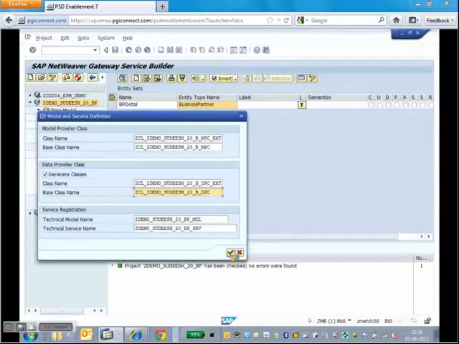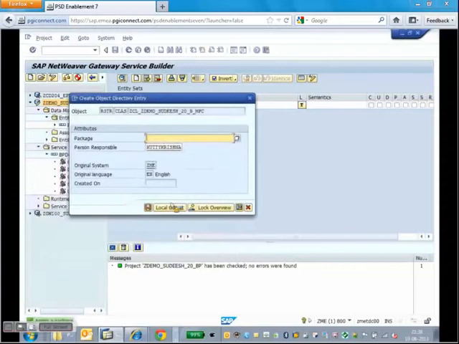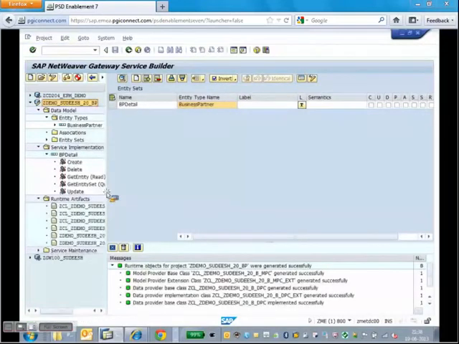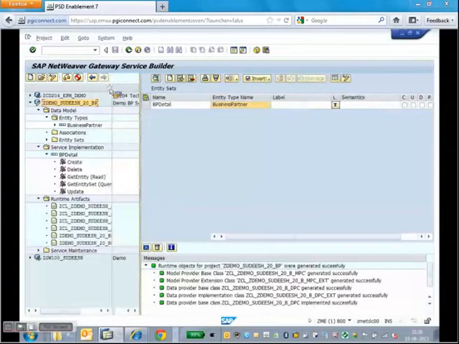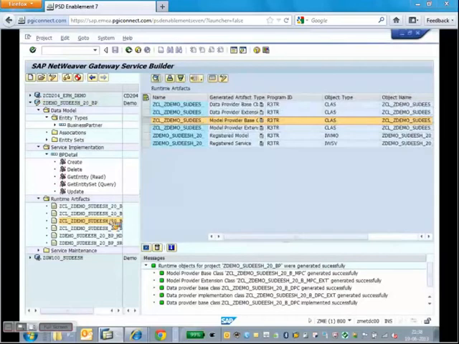Again, this has to be locked, included in the package. So I take a local object, and now what it's done is it has generated these classes for me. So let me go to the workbench. It opens the MPC class